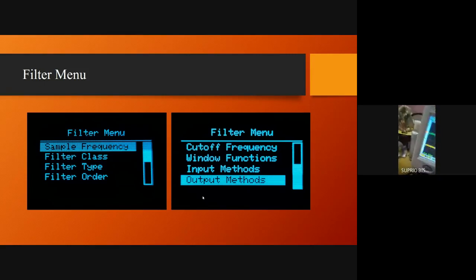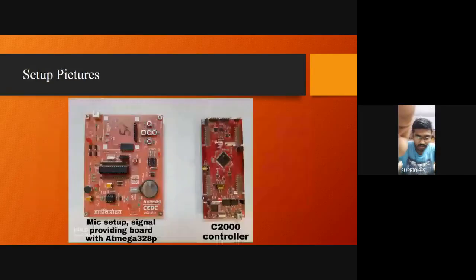In this way, we have made the filter phenomena pretty much visible to the user, like what we do in the analog filter. We provide the input and get the output. The same thing is happening here, but in a digitized format. The same thing is implemented on a laptop-based, app-based approach in Python. So Neha will share the next part.